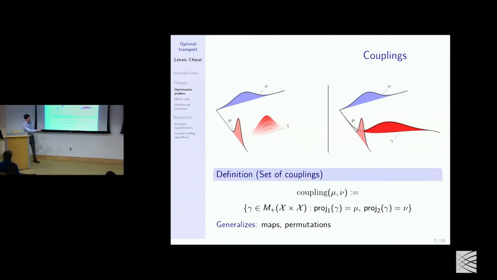So in terms of mathematical notation, we say just that gamma is a mass on the product space, because here you see that we take one-dimensional measures, the mass of the gamma will be distributed on the plane, and its first projection is mu, and its second projection is nu. You can think of it graphically that when you project the mass, here you get mu, and the second one you get nu. So just to say it again, this is sort of a key definition. You're looking at measures on the product whose marginals, the marginal distributions on each of the two sides, are the measures that you're trying to couple. Yeah. Right,